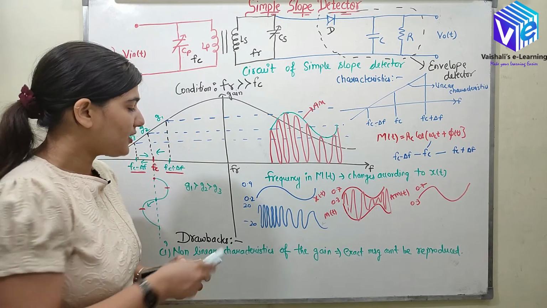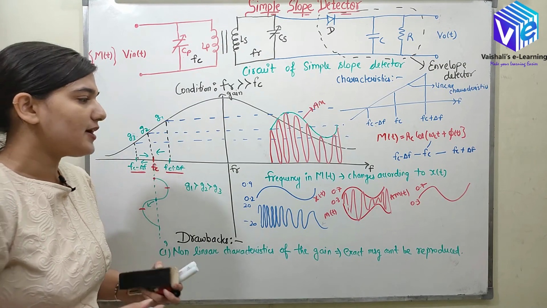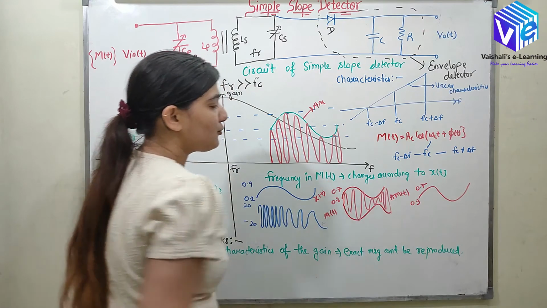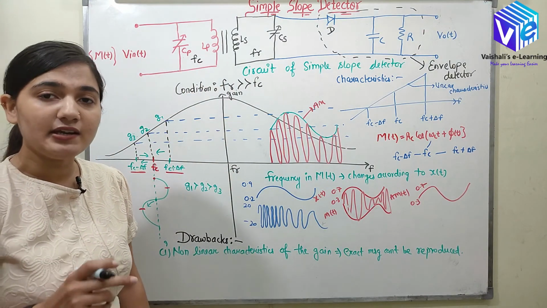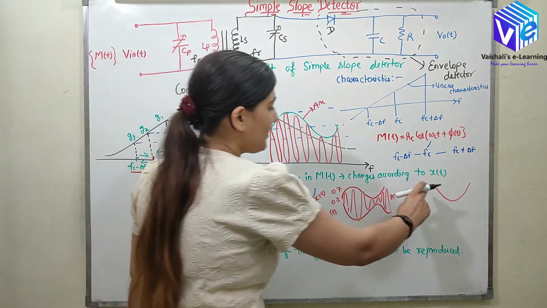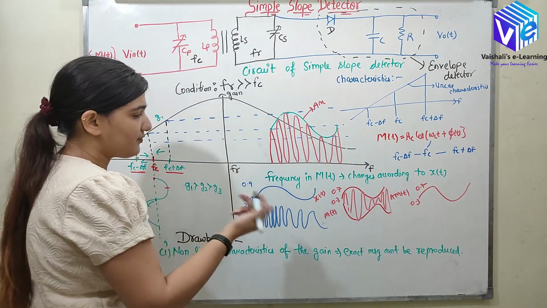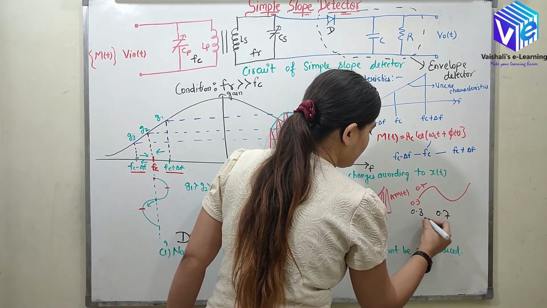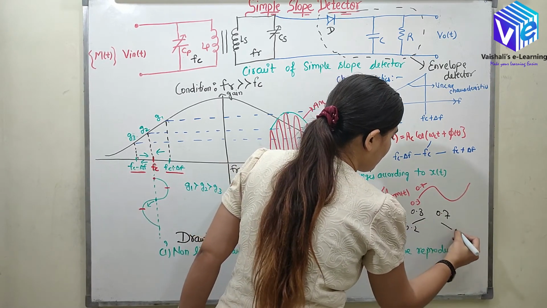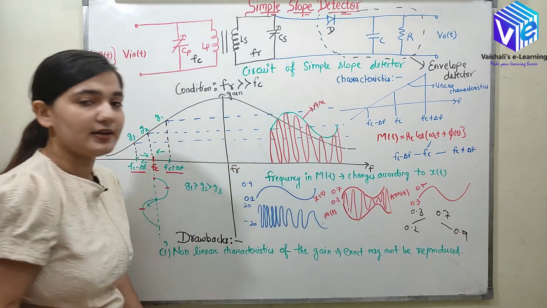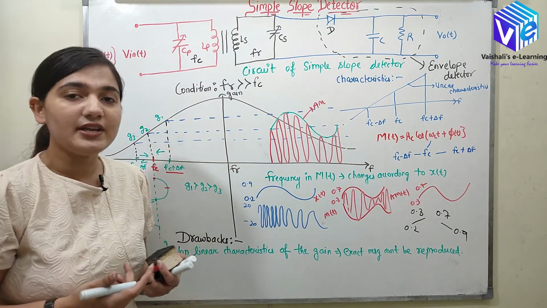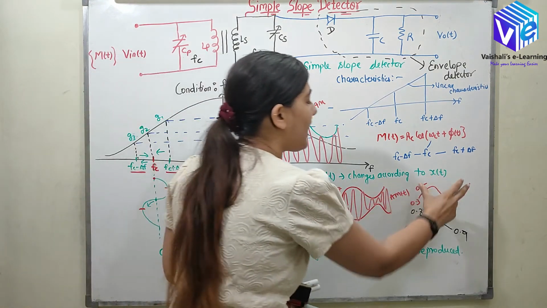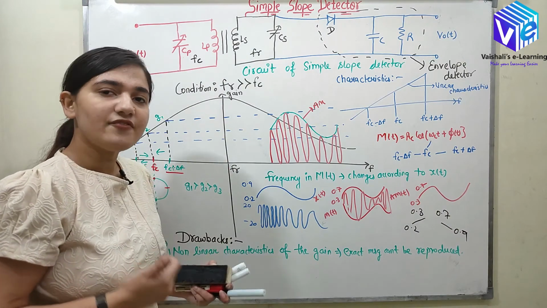So now the input is changing from 0.2 to 0.9, but the output which came is in the range 0.3 to 0.7. We cannot have any number which we can multiply to this value to find out this value. So I cannot convert 0.3 to 0.7 to 0.2 to 0.9 with the help of any number. So because it is a non-linear characteristic. So now this is the disadvantage. I was sending this signal, I have received this signal. So this is the first drawback.